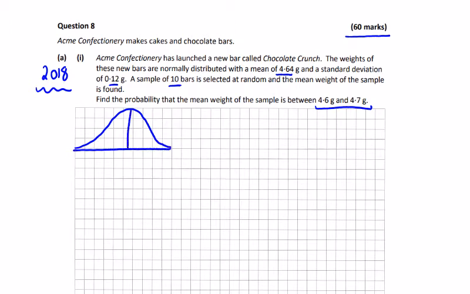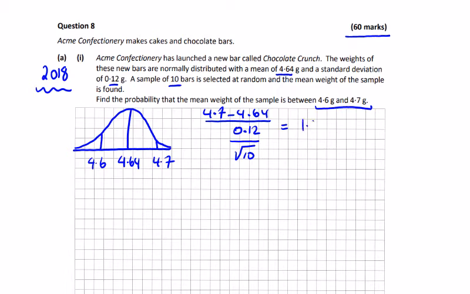My normal distribution curve with my mean in the middle of 4.64. We're asked to test two values. One is greater than it, 4.7, and one is lower at 4.6. So let's test 4.7 against 4.64 divided by standard deviation over the square root of the sample size, which is quite small here, 10. This gives me a value of